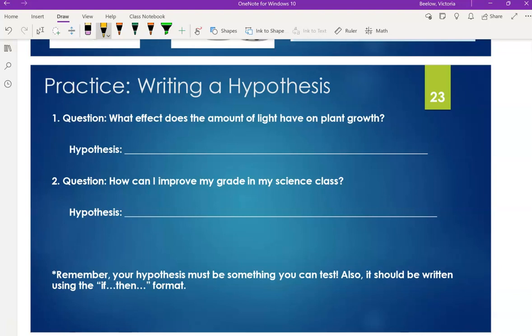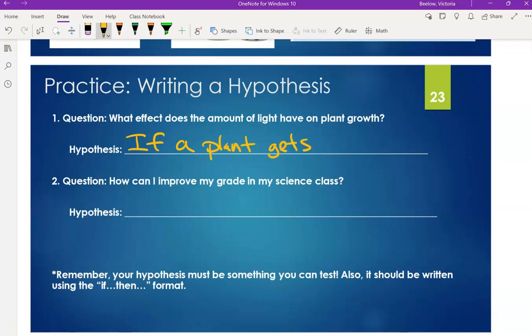So that's your question. You notice that you're out and about one day, you see some plants getting sunlight. Maybe some are not looking as good as others, and you're wondering why. Maybe sunlight is affecting that. So you can come up with an explanation for that, something that you can test. So maybe you say, if I do this, so if a plant